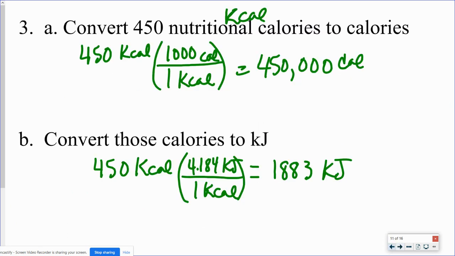And that is as far as I'm going to go today. So we will stop right